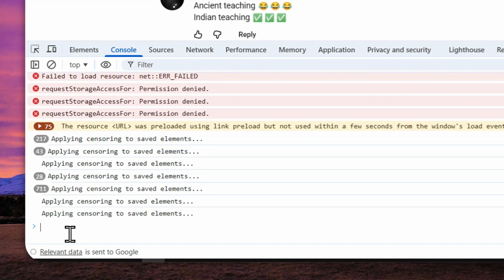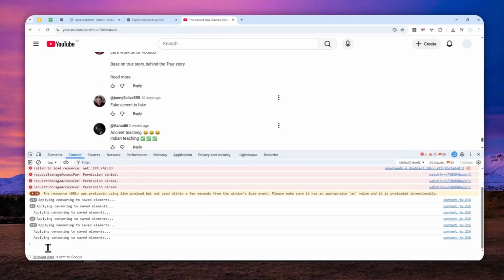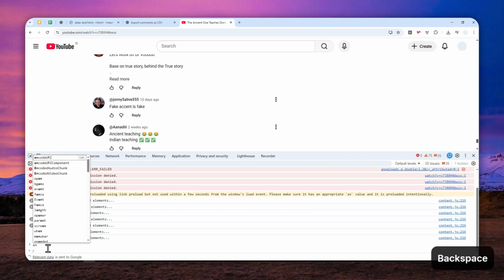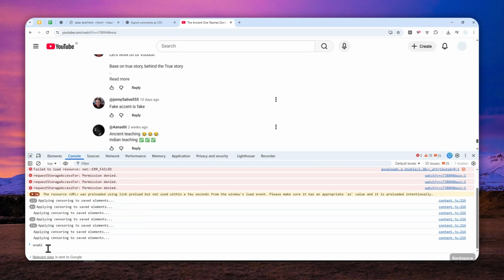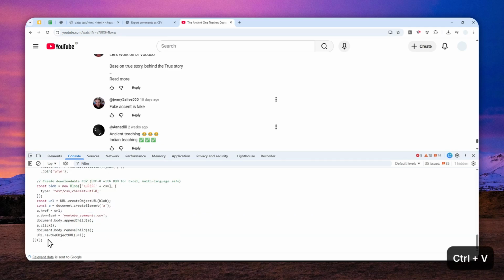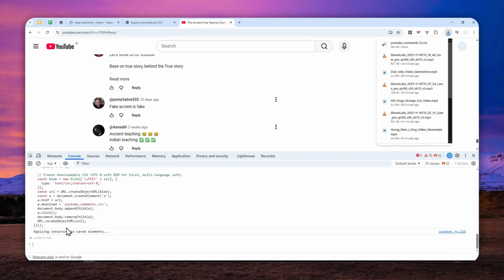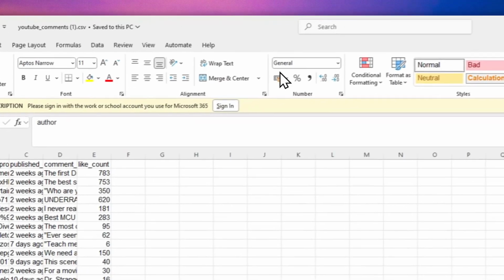If you're doing this for the first time, it might ask you to type "enable typing", if I'm not mistaken, or something like that, and then you can start inserting content into the console. There's going to be yellow text that will tell you what you need to do in order to be able to copy and paste the code into the console menu. So just look at the text in yellow and see what the instruction was. After that, you can just press Ctrl V or Command V on the keyboard to paste the code and then hit enter. Just like that, and we got this CSV file that has been generated by the code,